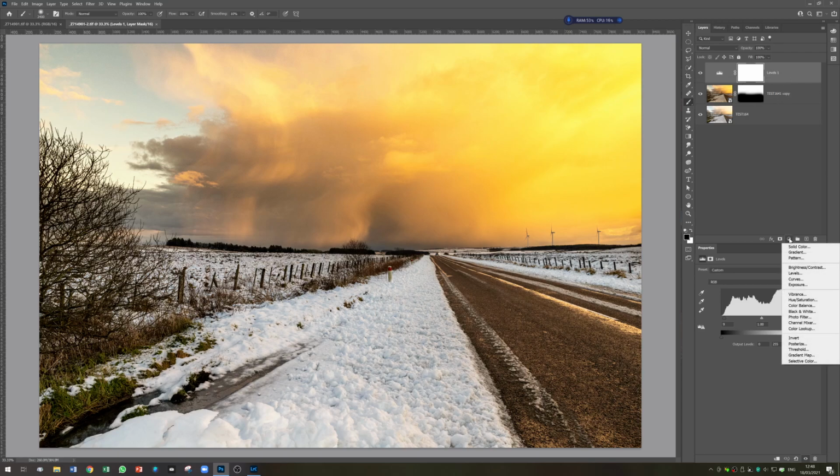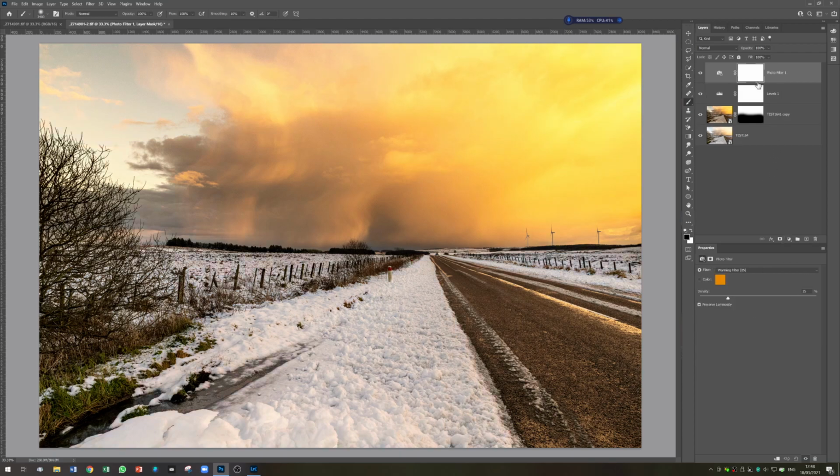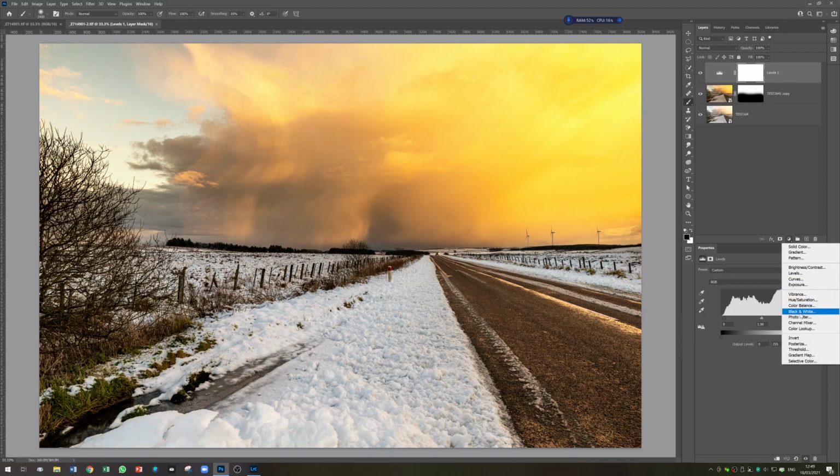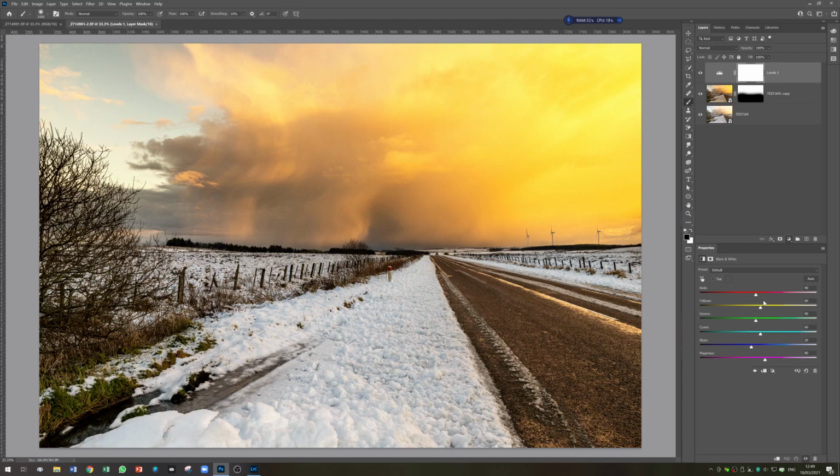So if I just put a photo filter on, we'll just Control Z and undo that. I am going to choose a black and white conversion. There we go. So now we've got another layer on there. And now if I hit File and Save